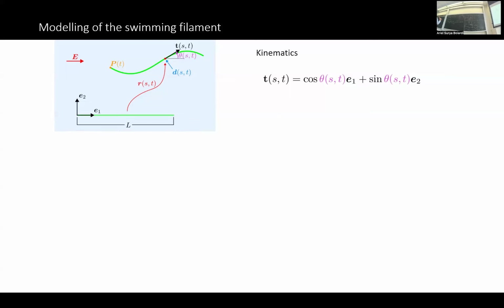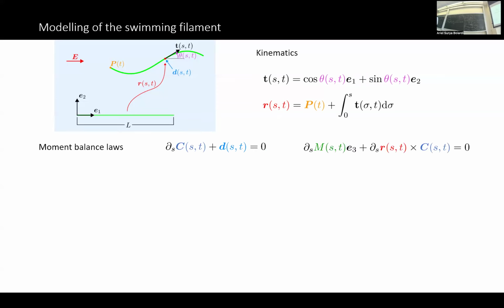And so its tangent vector can be written in this way, and its position is determined up to a translation. Now we impose balance of linear and angular momentum. The only external force comes from the viscous fluid that